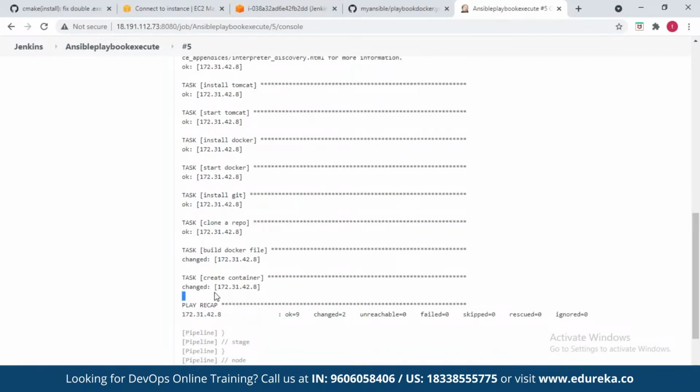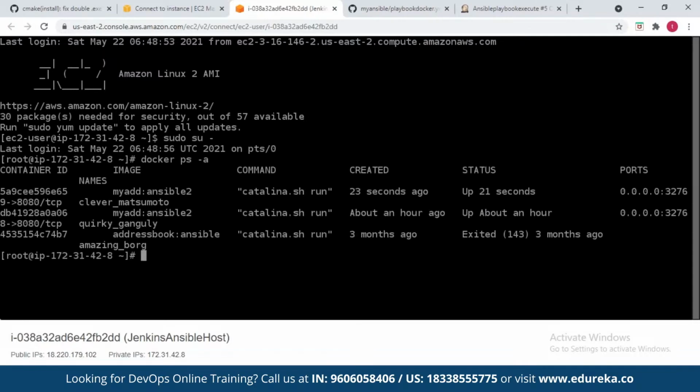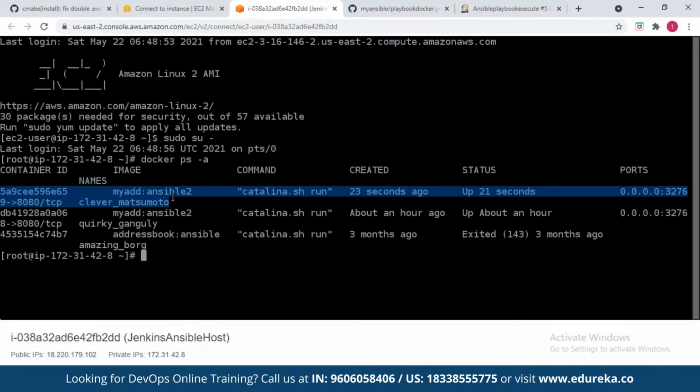Container has been created. Let us see if on one of the servers, I will log into one of my servers, and I will see if there is a container which got created. Right now, see here, 21 seconds ago, there was one container which got created with this image. Let us try to access the application. So this is